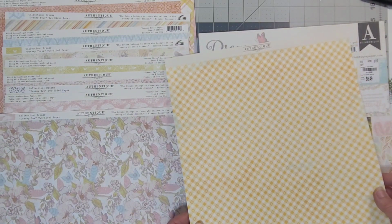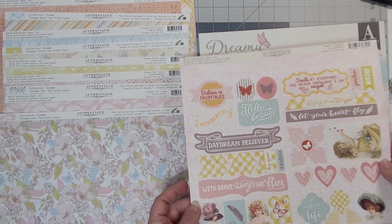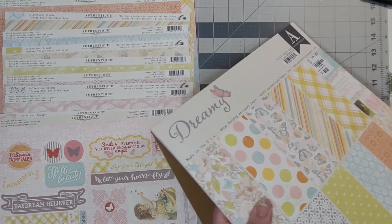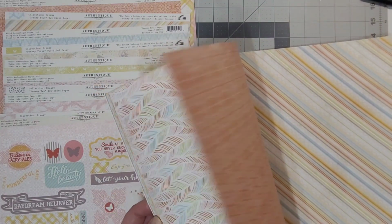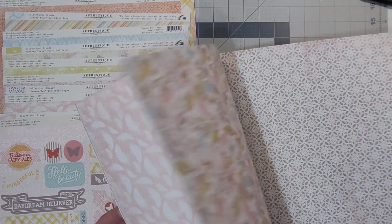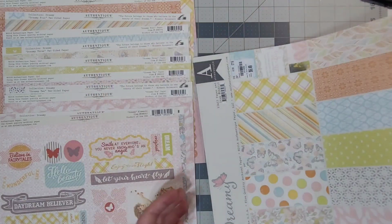And then we have this. This is cut aparts that go with the collection. And then I have a book, a paper pad, that's the same papers. So I have a lot of these papers. And I'm not going to be able to use them all. It's a good quality paper, but